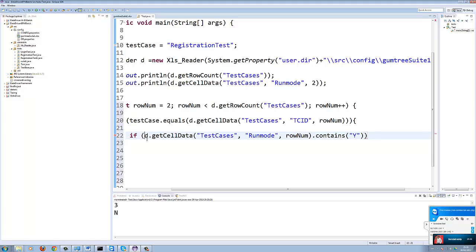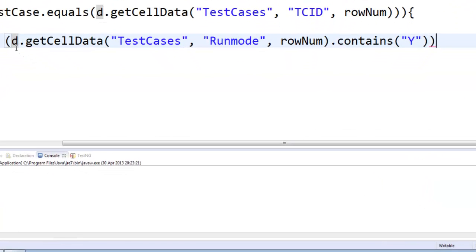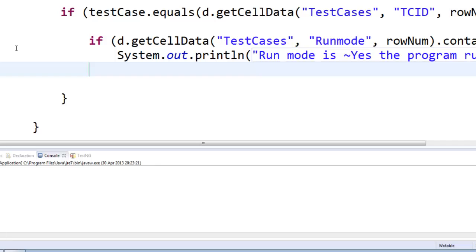If d dot get cell data test cases run mode row number contains Y, then I'll say system dot out dot println, run mode is yes, the program runs or something. We are not running anything but just displaying program runs. Okay, else